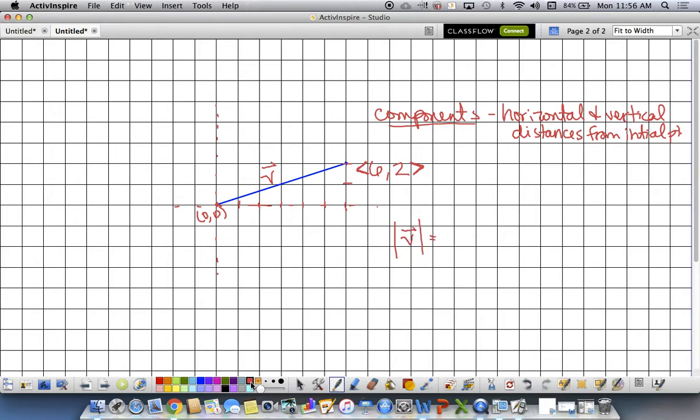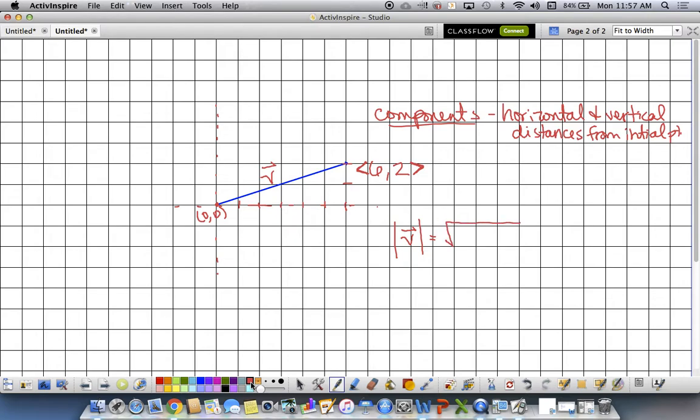Find the magnitude of vector V. Well, that can also be construed as the distance. They do a little green box that talks about the magnitude of vector U. If it has components A and B, mine are 6 and 2, it will be the square root of,